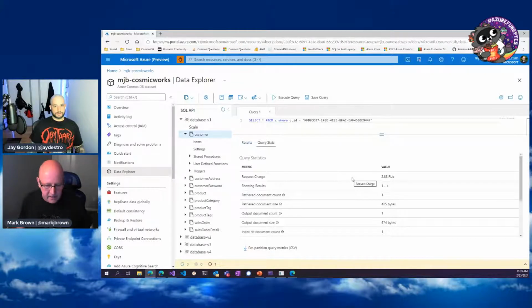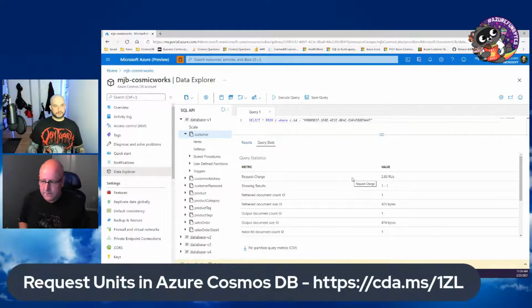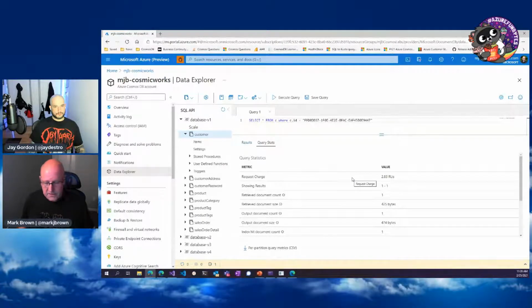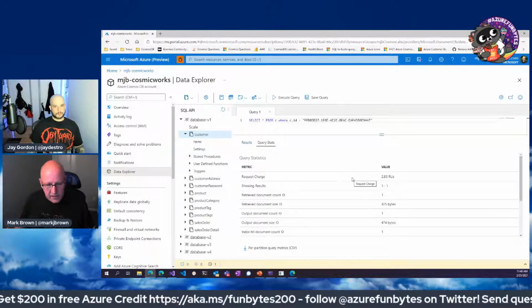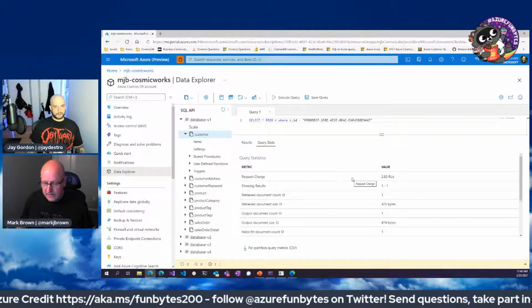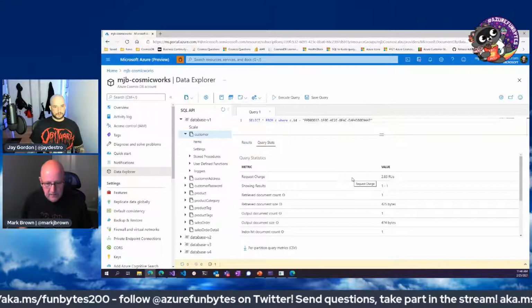We want to abstract all that and provide a unified way of representing some unit of work within Cosmos. And so that's why we have this thing called a request unit, which is essentially a proxy for CPU and memory and IOPS within Cosmos. And every operation costs a certain number of RU, and that remains consistent within Cosmos.